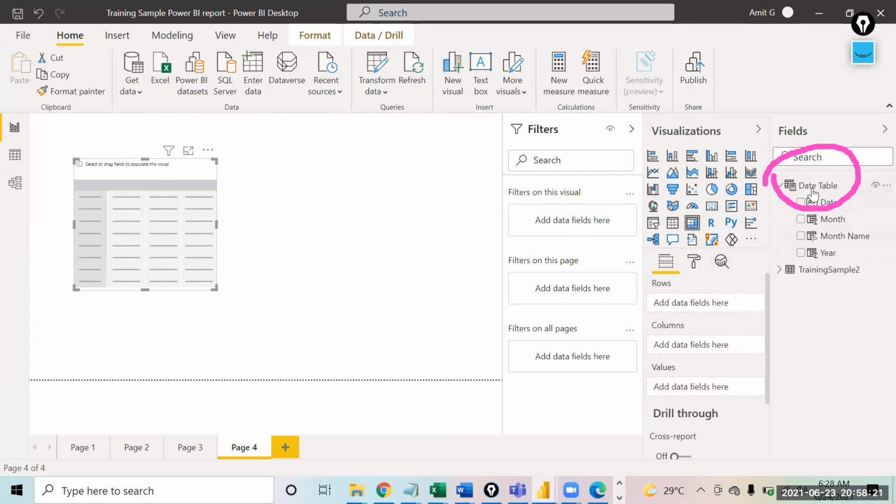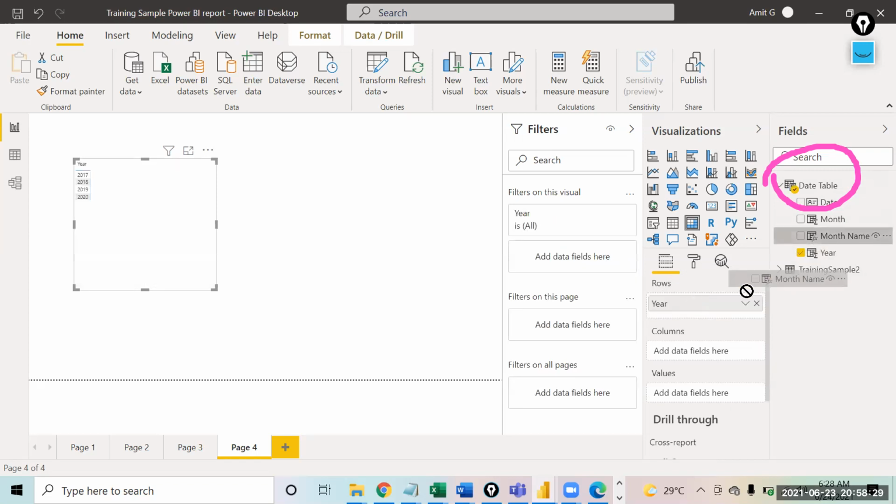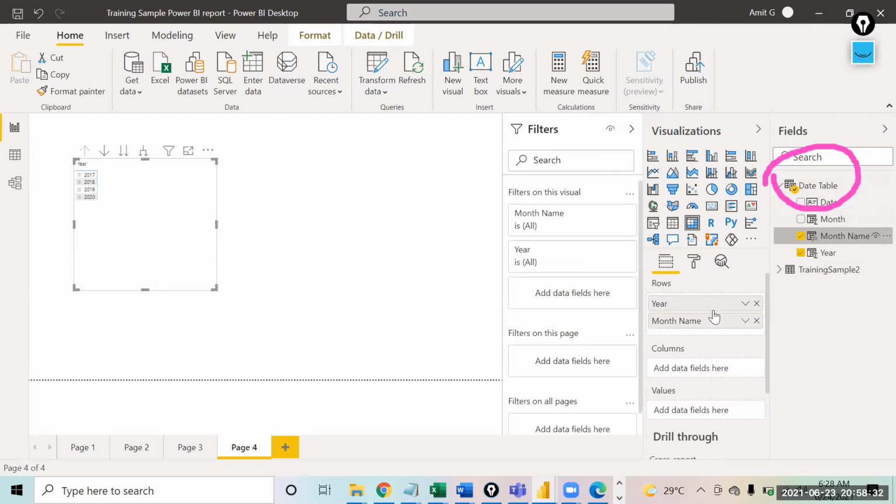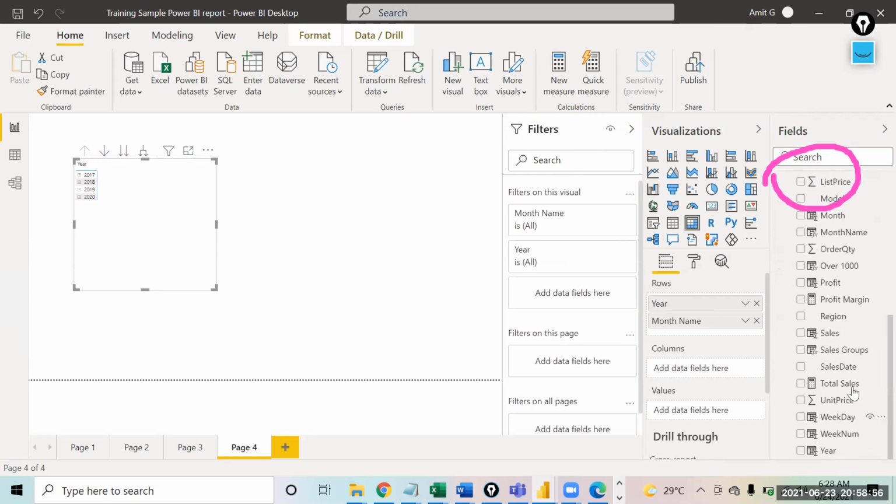In the matrix, in the rows you have to bring the year. Make sure the year comes from the date table. Year and month name. So you have to bring the year and month name from the date table. And now bring the sales from the training sample too.